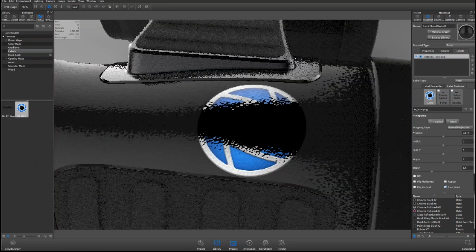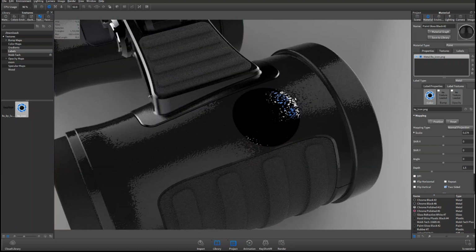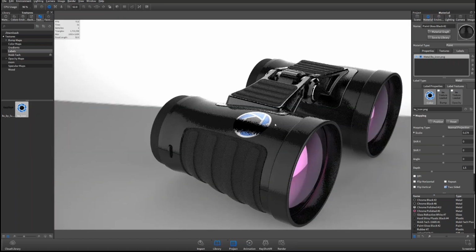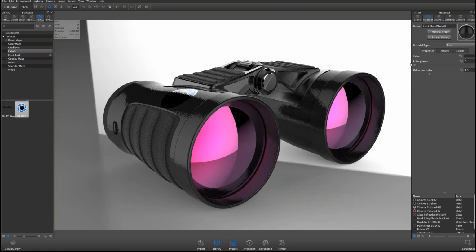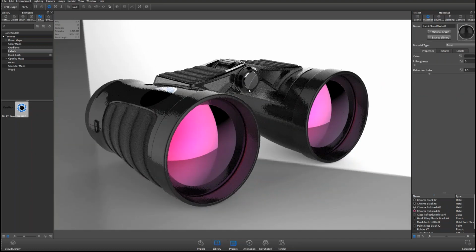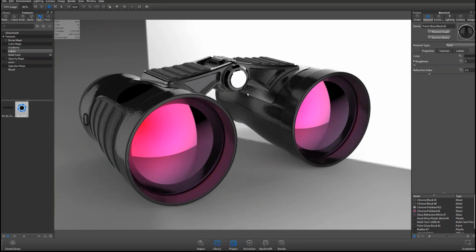This will get a little more complex when we get into the material graph, but there is some cool stuff in there. We're starting to layer materials. Those are some of the new features that you can interact with like we always have in KeyShot 5 and prior. What I want to get into now is the material graph.